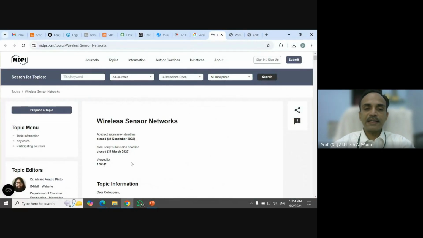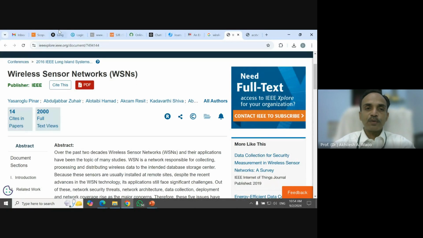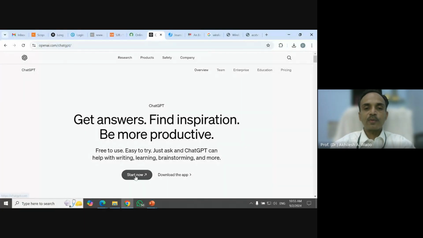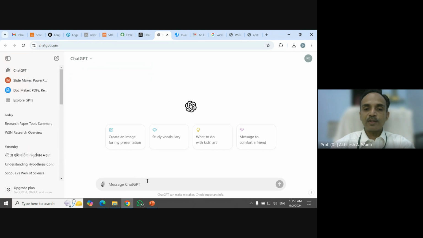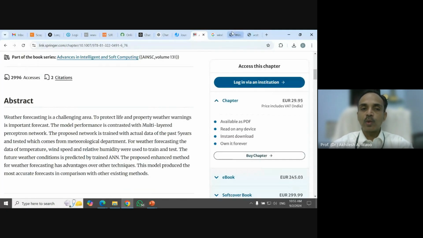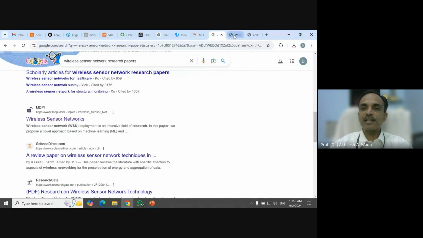A very good part is that if you are a user of ChatGPT, you can search any research concept. See what I am searching; I am expecting that in all these papers, this is already available here. If the website is not giving you a citation option,